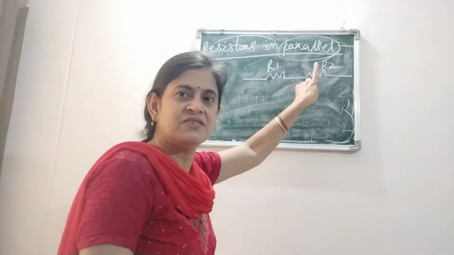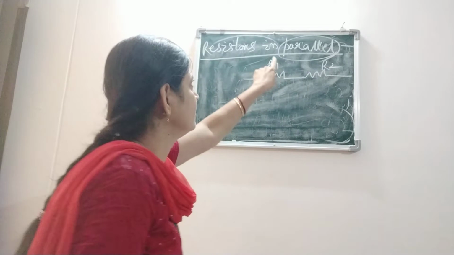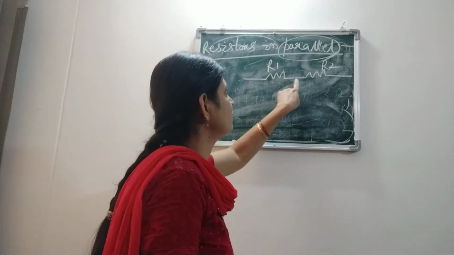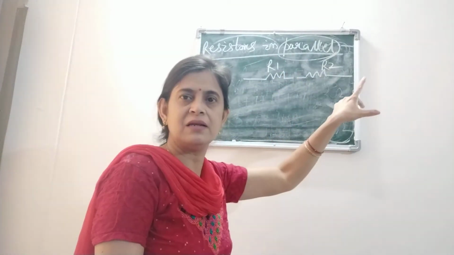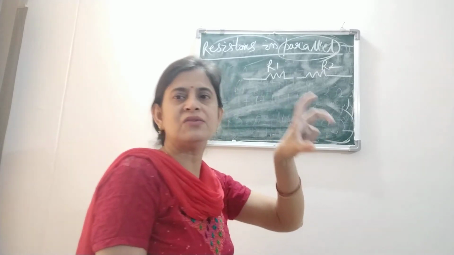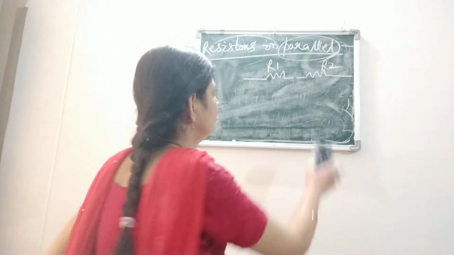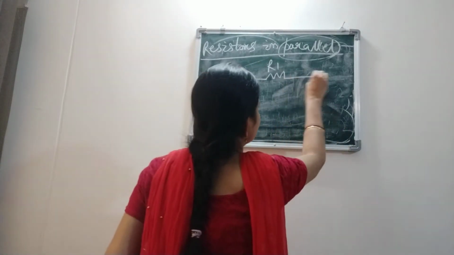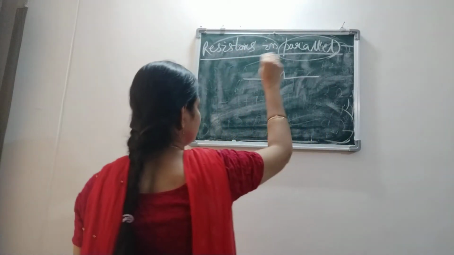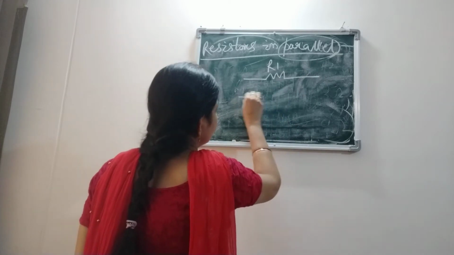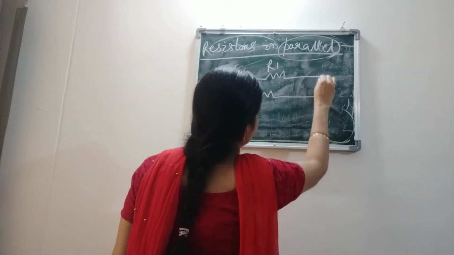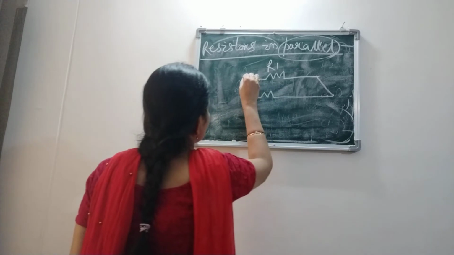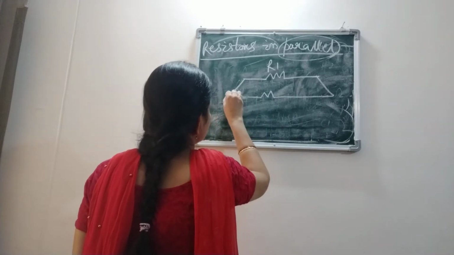This is in series connection. But now we have to connect these 2 resistors in parallel. Parallel means there will be multiple paths. So instead of placing the resistance R2 here, if we place it here,